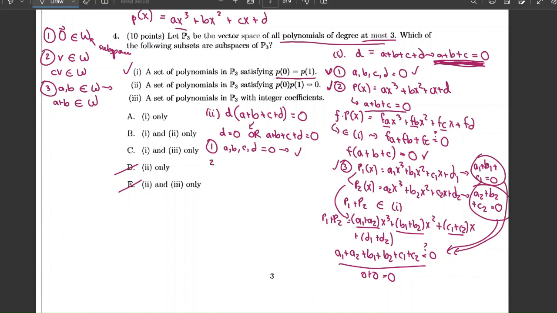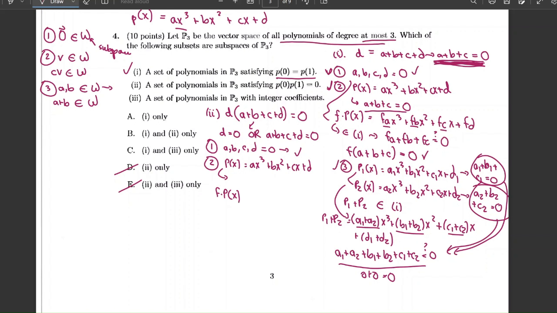So this is satisfied. Second is if it's closed under scalar multiplication. So let's say, like here, we have our p of x equals ax cubed plus bx squared plus cx plus d. And then we're going to see, so let's say that p of x is in the subset. And we're trying to see if f times p of x, some scalar times p of x, is